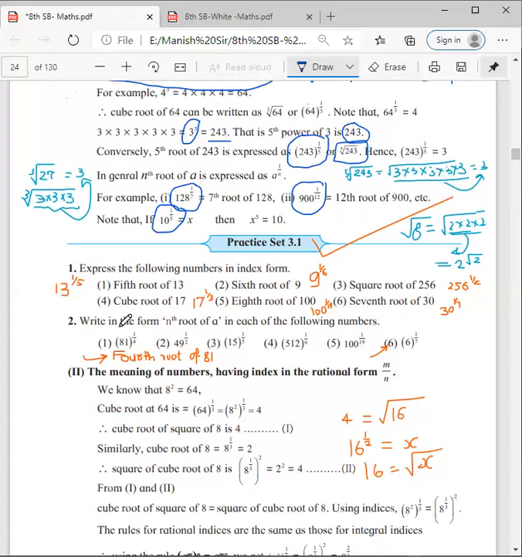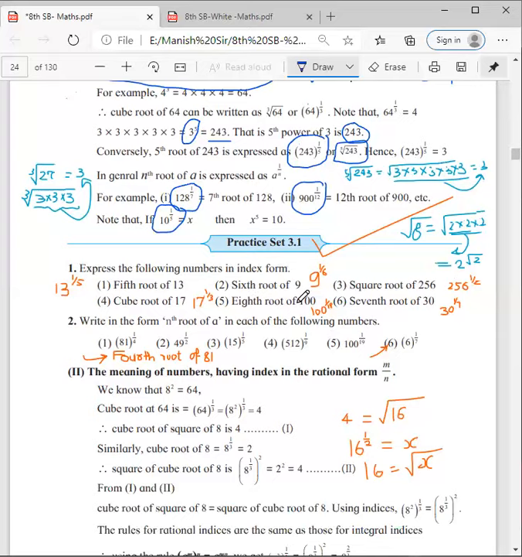If we talk about the second one, what have they given? The nth root of a in each of the following numbers. So 81 raised to 1 upon 4 we can simply say is the 4th root of 81. Square root of 49, 5th root of 15, 9th root of 512, 19th root of 100, 7th root of 6, 7th root of 30, so 30 raised to 1 upon 7, square root of 256, so 256 raised to 1 upon 2,